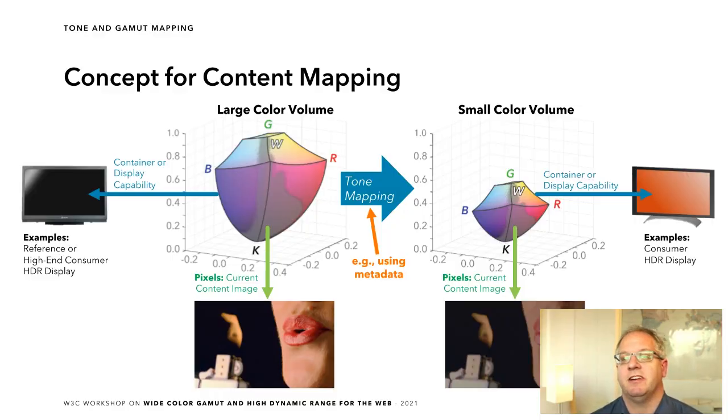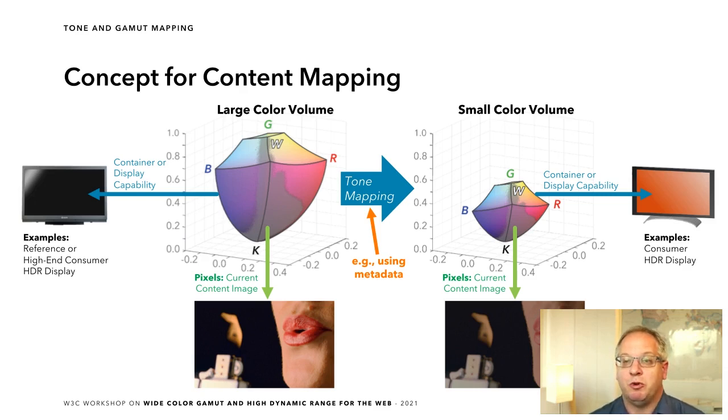This slide illustrates the fundamental concept of color volumes and content mapping. It is typically a required step both for linear and canvas-based HDR pipelines. A color volume is mainly defined by the color primaries and the minimum and maximum luminance or code level. Such a color volume could be represented by the content container discussed earlier or by a physical hardware device such as a display. Here on the left we have an example of a large color volume that could be representative of a reference or higher-end consumer display.